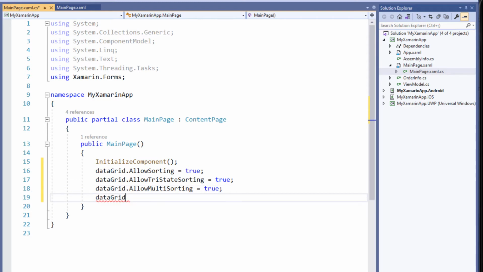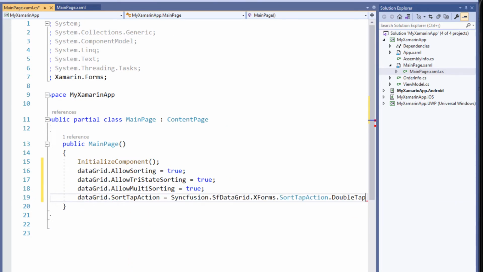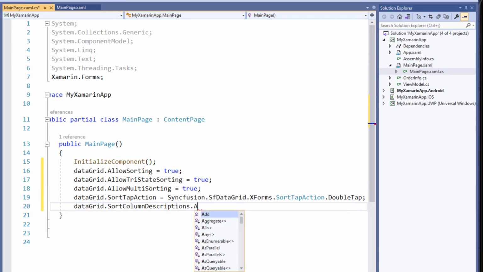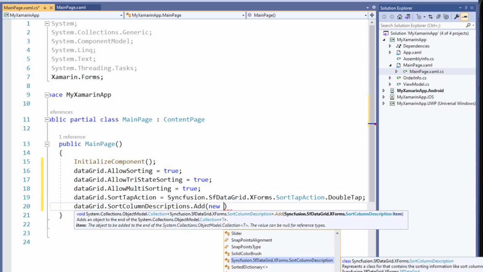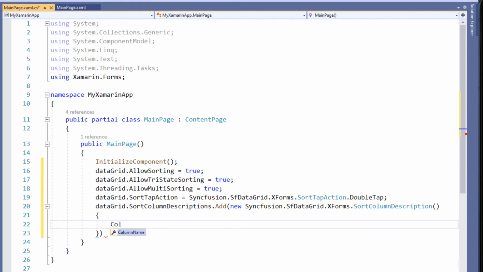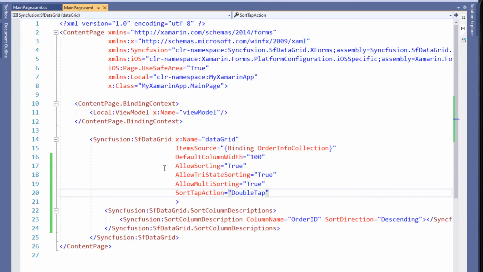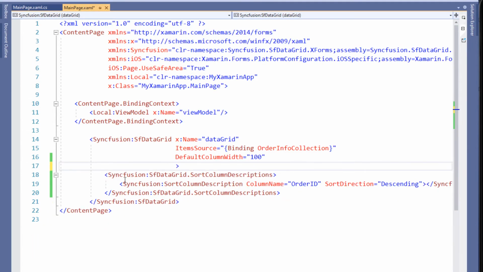I set the sort tap action to double tap. Finally, I add the sort column descriptions property and add one sort column description and set the column name as order ID and set the sort direction as descending. I remove the code from the XAML part, since I have set the same settings in the code behind.